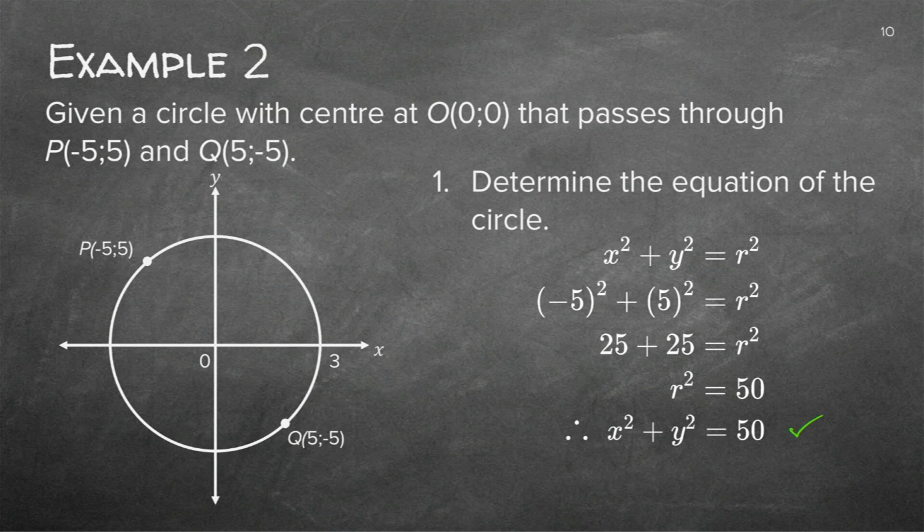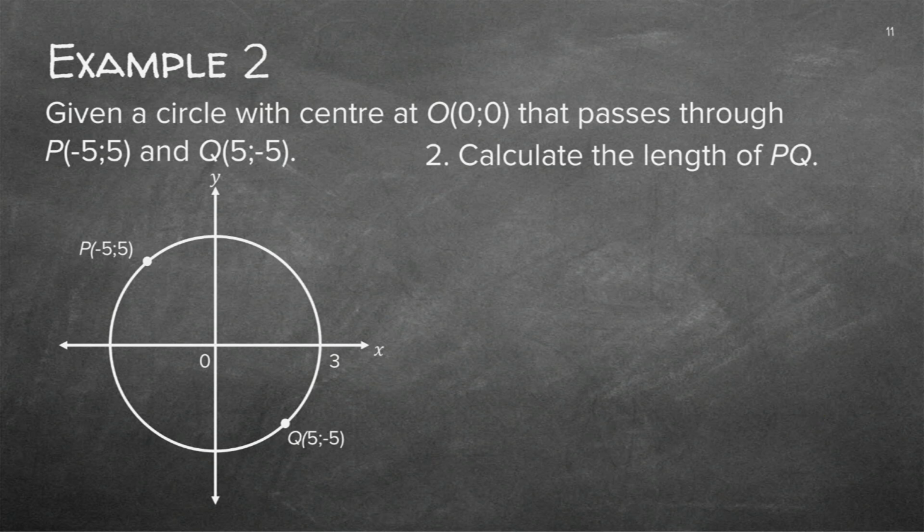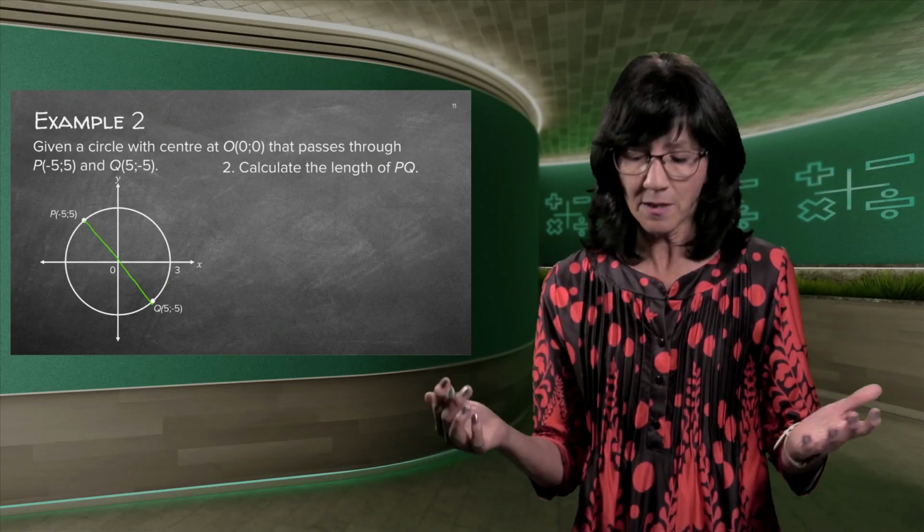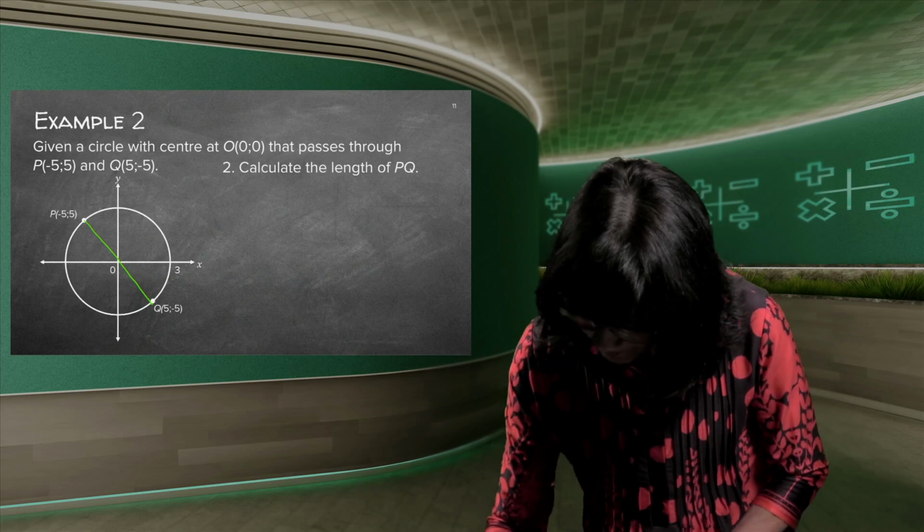If they now ask me other questions on the same problem, let's just see what they are asking. Calculate the length of PQ. So if you connect that P and Q, it looks like it goes through the origin, but you're not 100% sure, but that doesn't matter. They only ask you to calculate the length of PQ. Now you remember length is basically your Pythagoras formula. So I can write down PQ